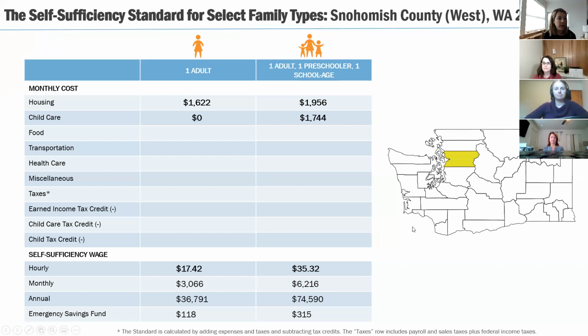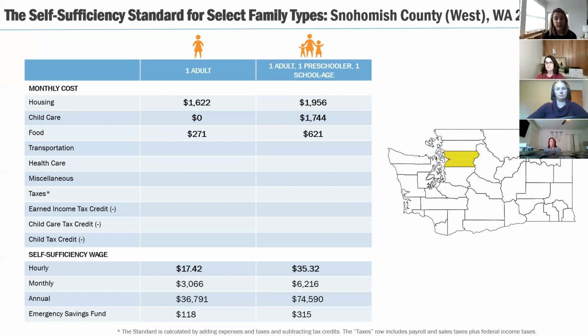And housing costs for the most part tend to be the highest, childcare close behind. So the childcare that we calculate for this standard includes the expense of full-time care for infants and preschoolers, and it includes part-time before and after school care for school-aged children. We determine this cost from state market rate surveys on the cost of childcare. These are published typically every 2 to 3 years. And we define the childcare costs based on the 75th percentile.